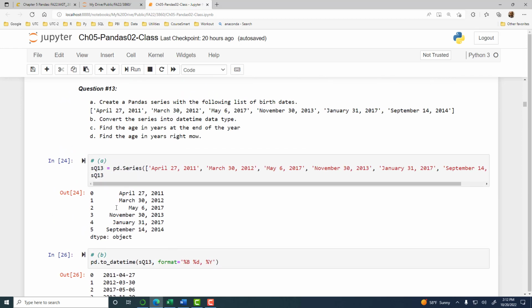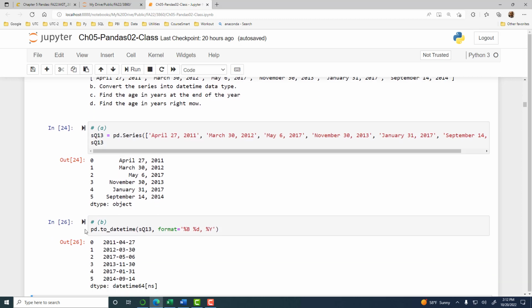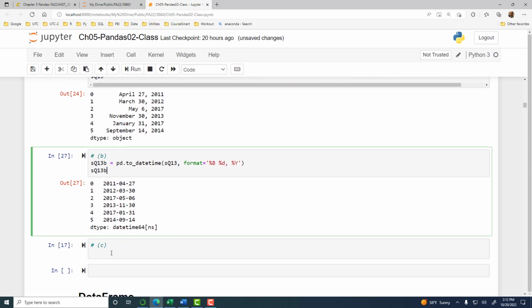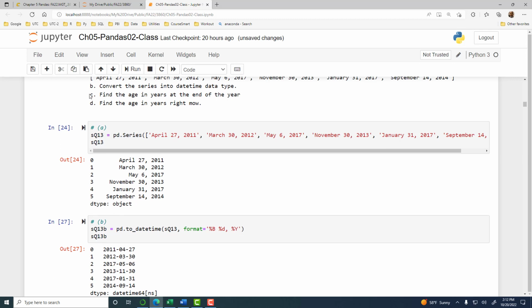All right. So have you converted? Oh well, we have to save this. So let's give a name, SQ13B. Okay. So now we have SQ13B saved. Okay. All right. Any questions? It's good. All right, next,